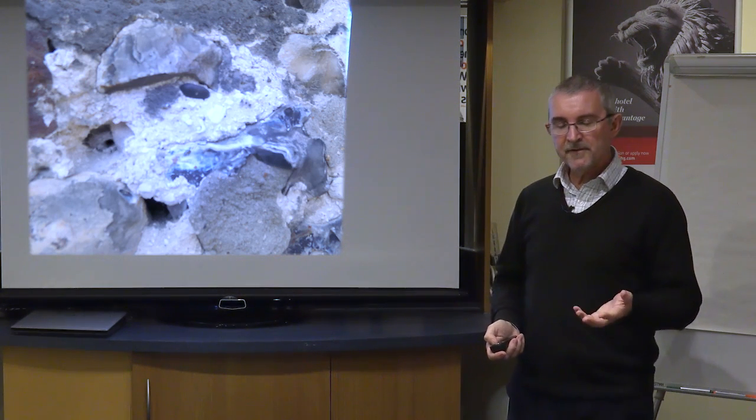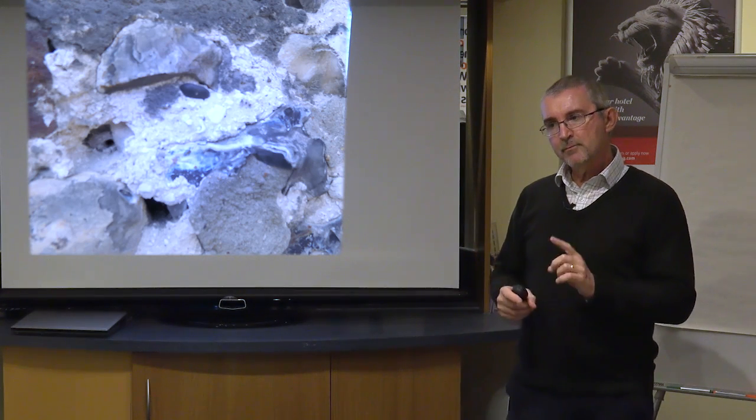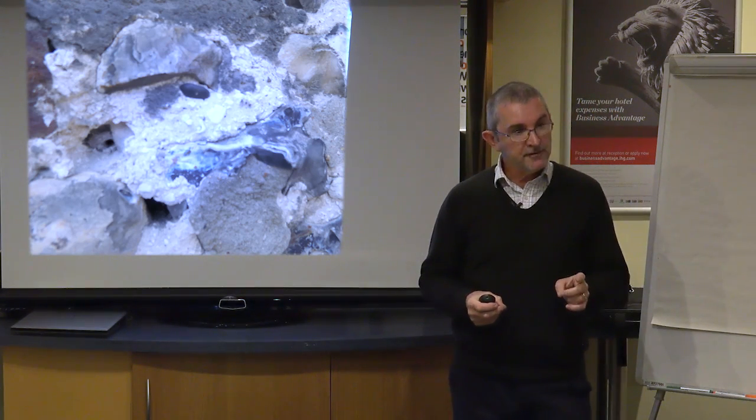We've got this flint, which is also done with a hot lime. Now, this is quite important to have this awareness in conservation, because if you're doing some repairs to a historic building and you see this type of mortar on your wall, and you may be wanting to either extend the wall, or maybe part of it needs rebuilding, it's quite likely that the conservation officer, or Historic England, if it's a grade 1 or 2 star building, will require the choice of mortar on that repair to be a hot